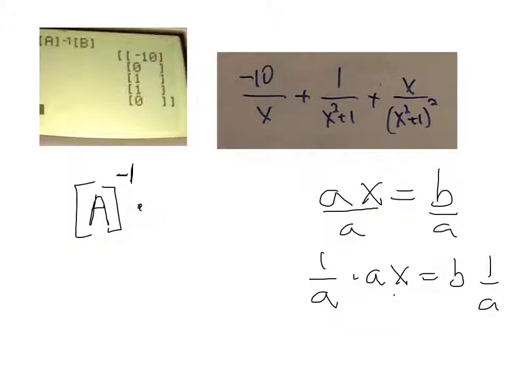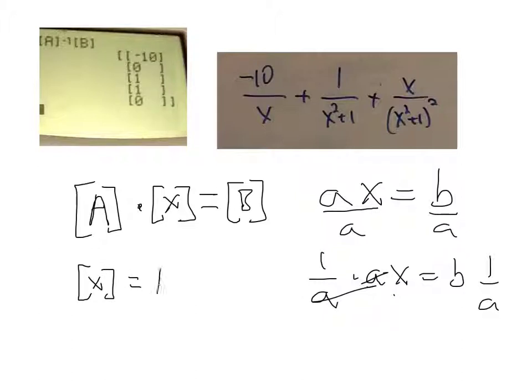Same thing. What we've got is this matrix equation. Maybe you better step back here. So I have the coefficient matrix, that big 5 by 5 matrix, times the variable matrix, has to equal the constant matrix, in this case where I put it in B. So you see how that's the same math. A times x equals B, same math. So we're going to multiply by the inverse, and if I multiply by the inverse, those cancel out. So that leaves me the answer matrix is equal to the inverse matrix